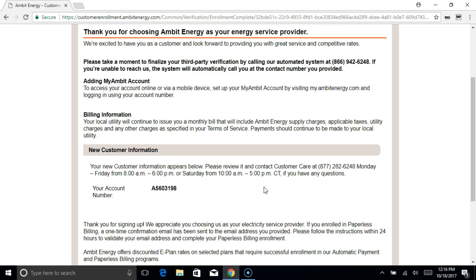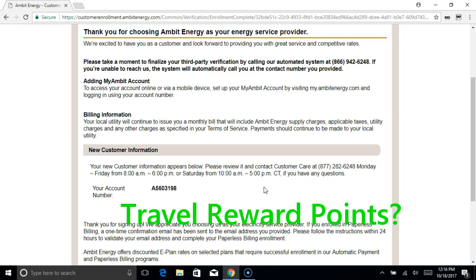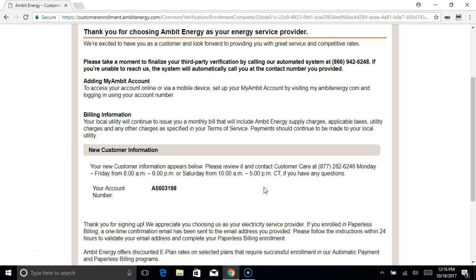You'll also get travel reward points, which is really awesome and really cool. I've never seen anything like this. Travel reward points are a lot similar to airline points. So, you know, the more you fly, the points go towards cheaper flights next time or free flights eventually. Well, the thing about travel reward points for Ambit Energy is the more you pay your bill